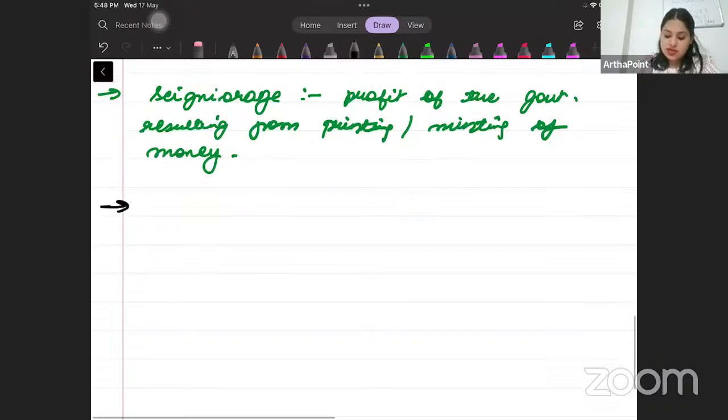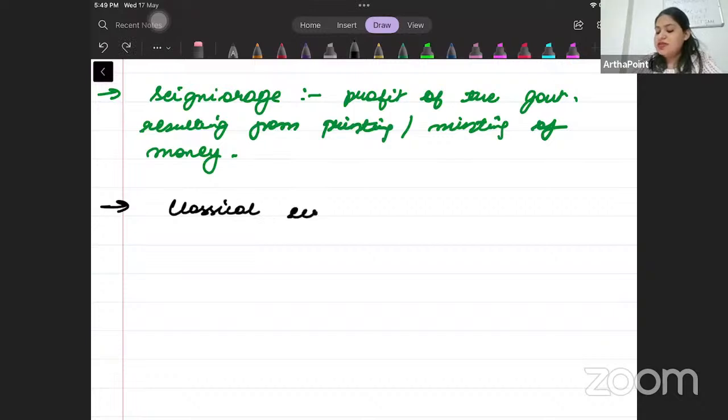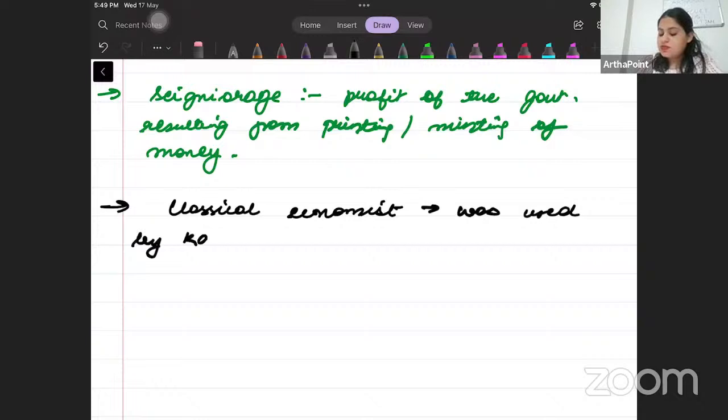Last note of the day, beta. So my first page is over out of 320 pages. That is going to be about the classical economist. So classical economist के बारे में सबको पता है, but क्या ये पता है कि ये term किसने introduce की थी? Who coined the term classical economist? Who used it for the first time? So classical economist for the first time was used by Karl Marx. He was the person who used the term classical economist for the first time.